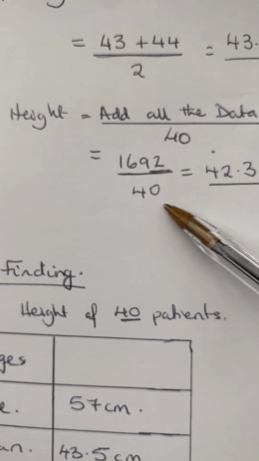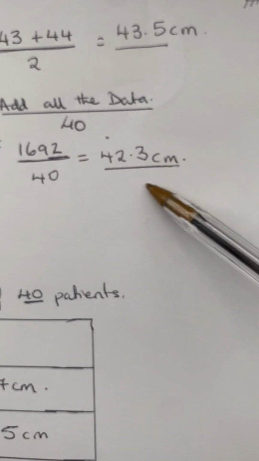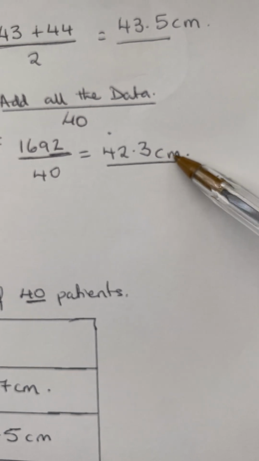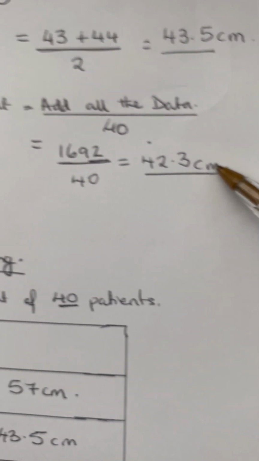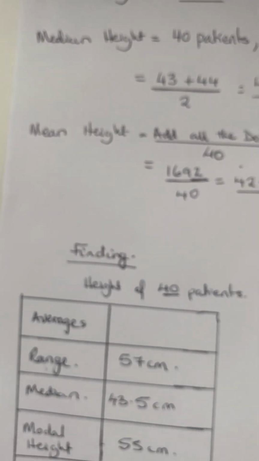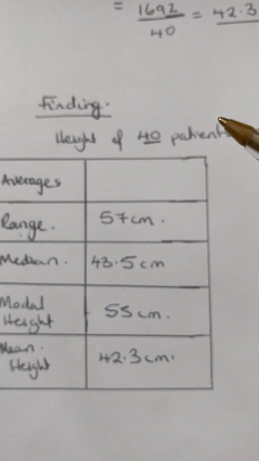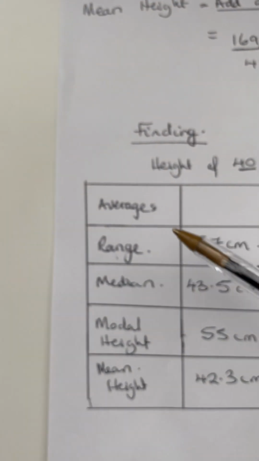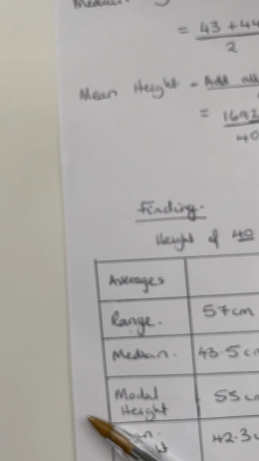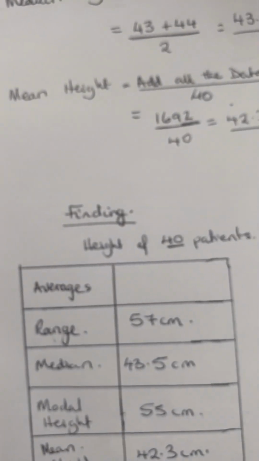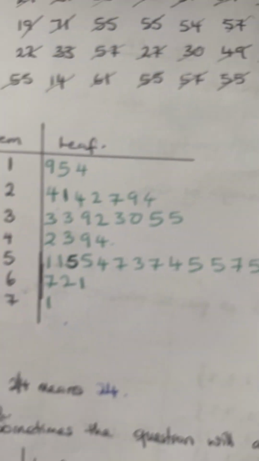I divided by 40 and I got 42.3. Okay, so now in all, my averages from all this set of numbers, from the height of patients who visited the hospital, okay,